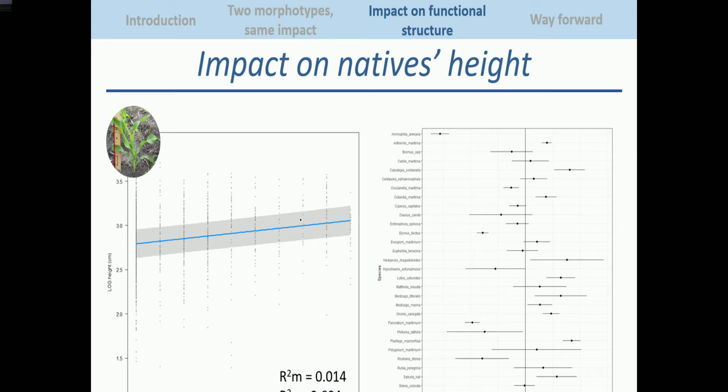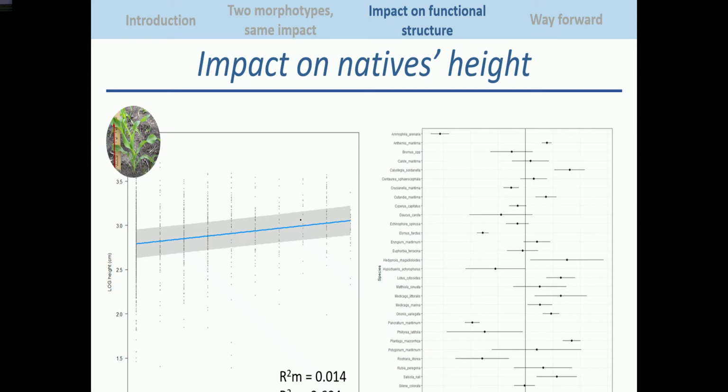It means that for each species and for each pair plot, the main effect, the line that you see here, was able to be lower or higher, and also was able to change its effect from positive to negative. And what you see here is the effect of the species random effect, meaning that when considering the single species, the main effect was getting a little bit more positive or negative,